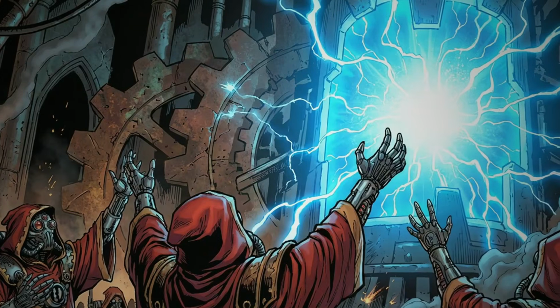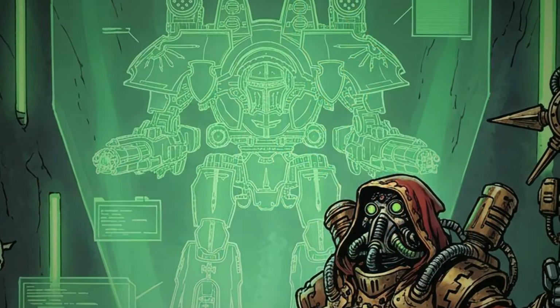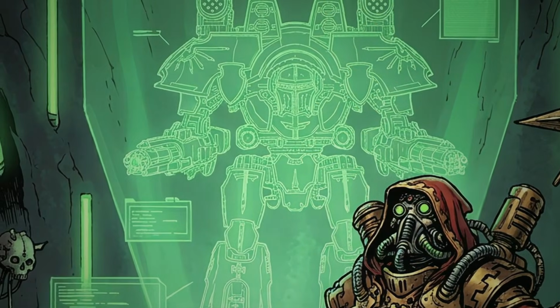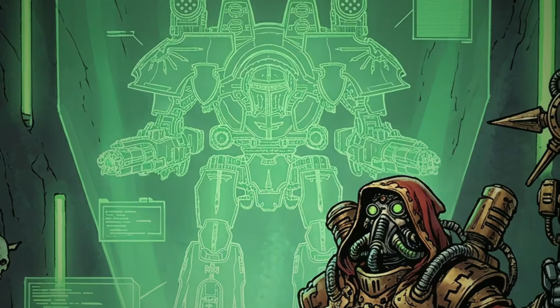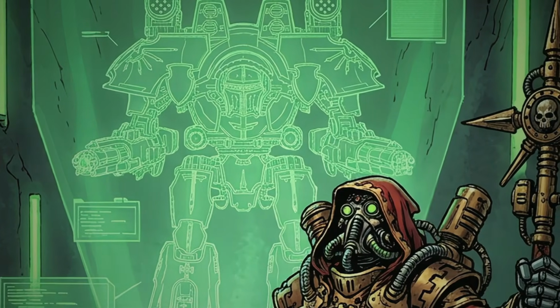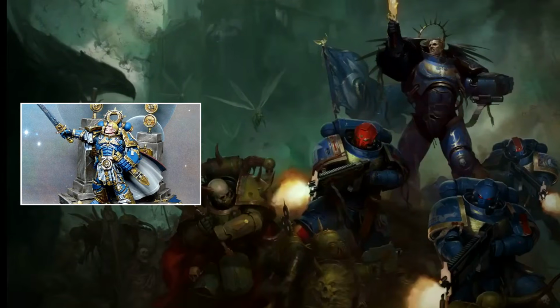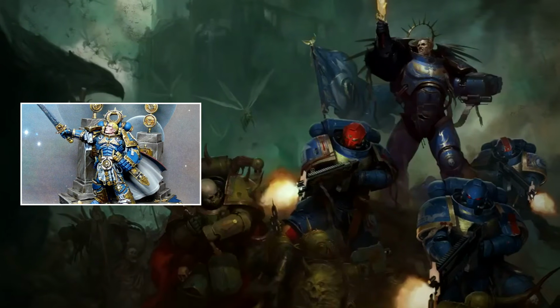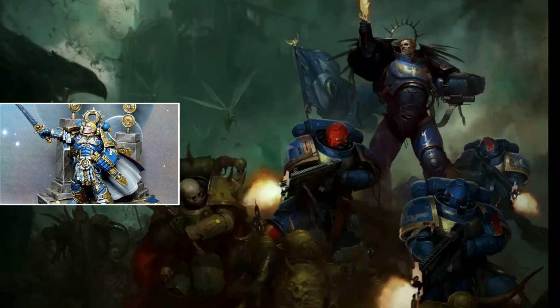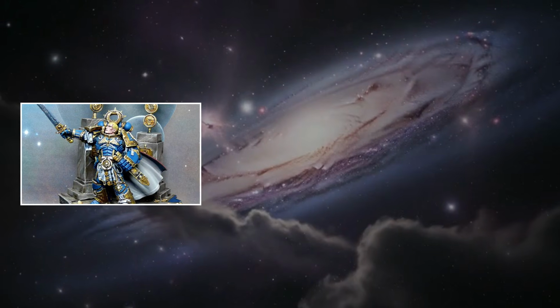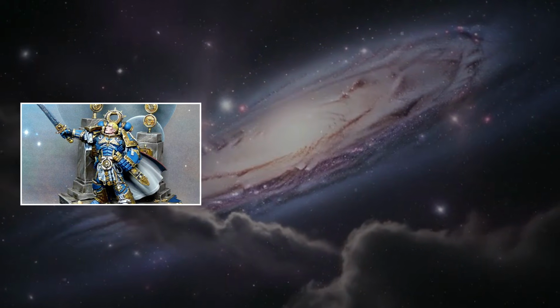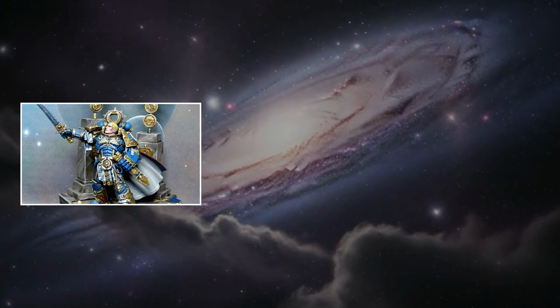The Fabricator General of the Adeptus Mechanicus, for instance, resisted sharing vital STC technology, while the Ecclesiarch stubbornly clung to a literal interpretation of the Imperial Creed that often hindered practical solutions. Guilliman, a being of logic and reason, found himself increasingly frustrated by the irrationality and short-sightedness of those who held the reins of power, recognizing that their internal squabbles and adherence to outdated doctrines were as much a threat to the Imperium as any Xenos or Chaos incursion.